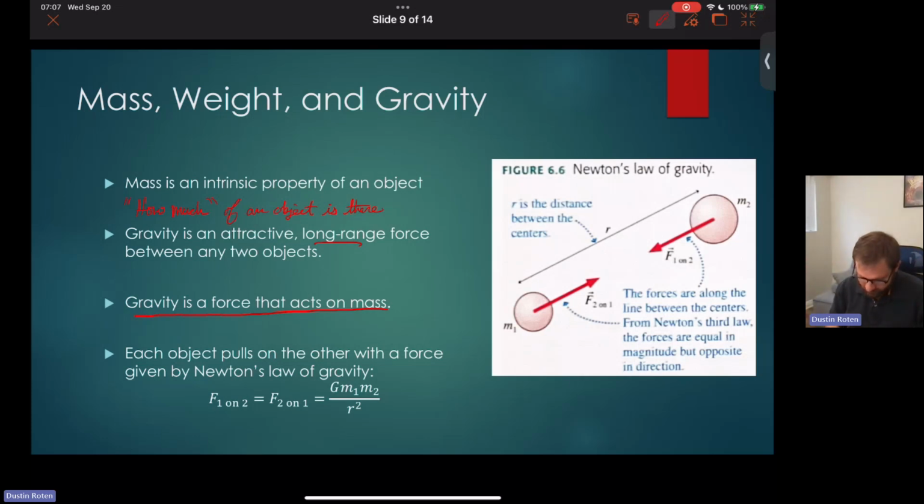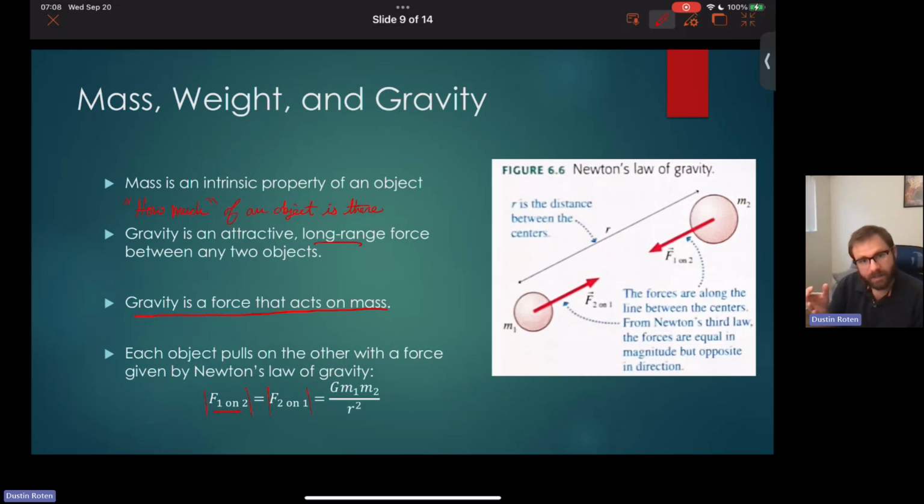So the force on object 2 from object 1, so the force of 1 on 2, at least the magnitude of the force, is going to be the same as the force of the second object back on the first one. Okay,